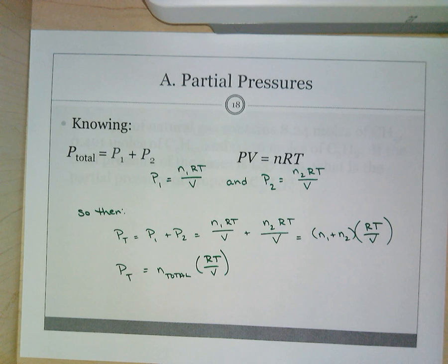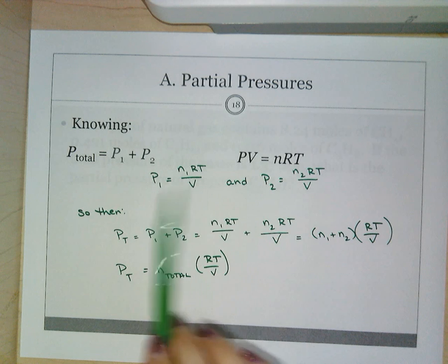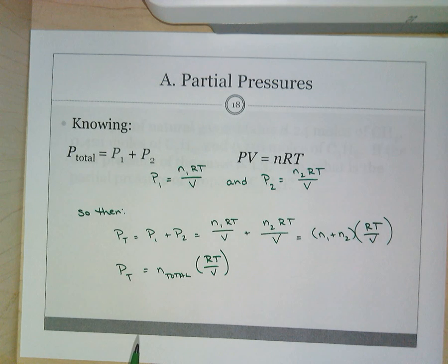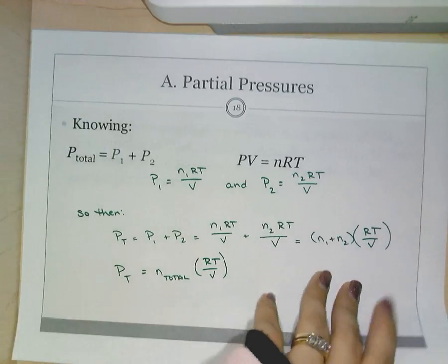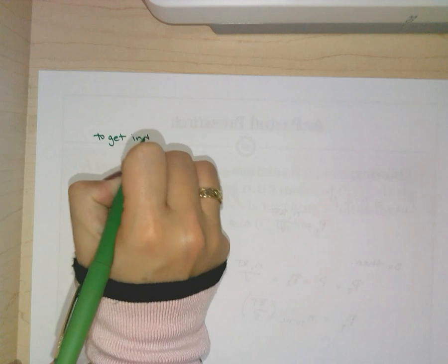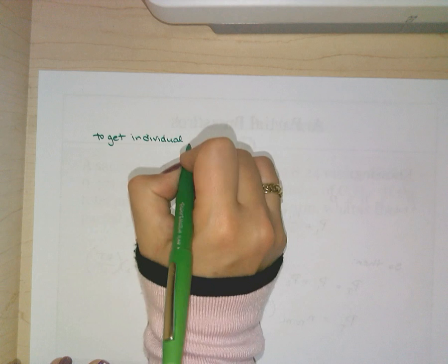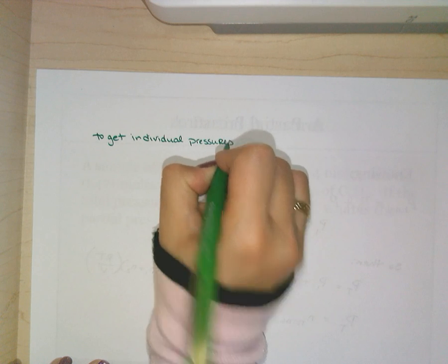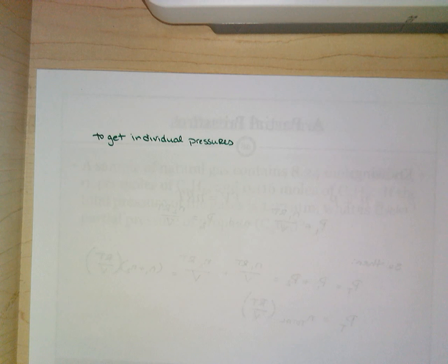Now, that is good if I know the individual pressures. You may not know the individual pressures. You may only know the mole components, and you want to find the total pressure. I wrote real big, so this is still on the same page. So sometimes they write it one way, where you know all the moles and you're looking for the total pressure. Sometimes they write it the reverse, where you know the total and you want to know the individual pressures. So going back to our starting point,